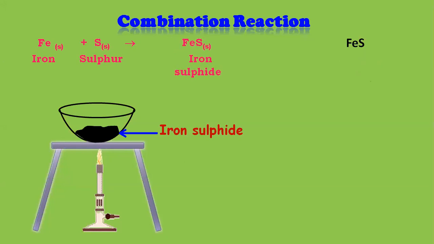So again, can we say that this is an example of combination reaction? Yes, my dear students, can I say this is an example of combination? Where two reactants combine together to form a single product becomes an example of combination reaction. So how do we define combination reaction? I hope you remember the definition. What's the definition, my dear students? The chemical reaction in which two or more reactants.